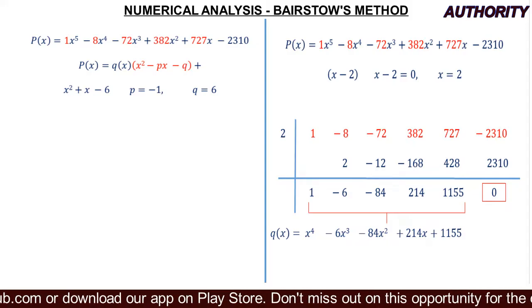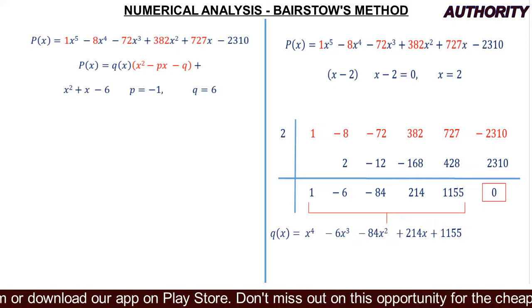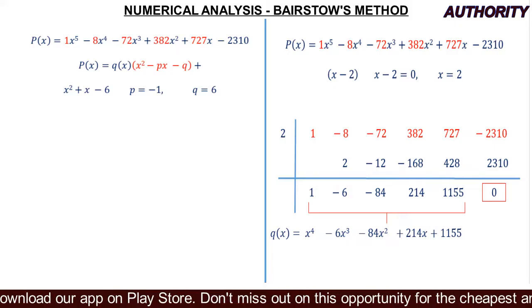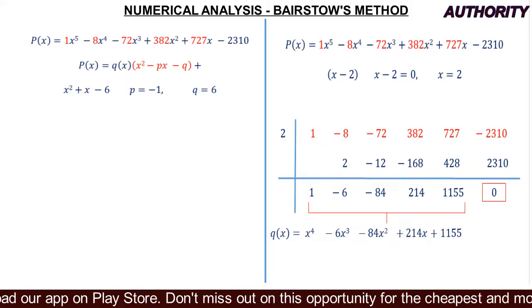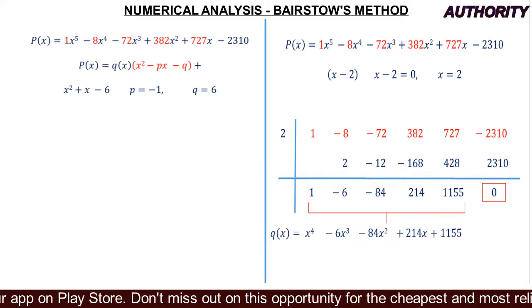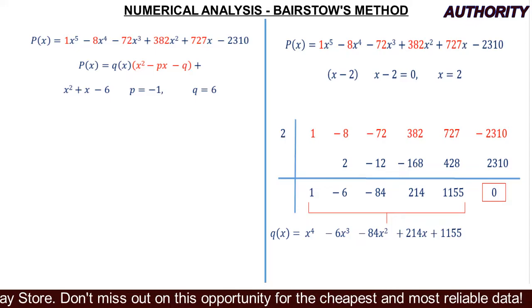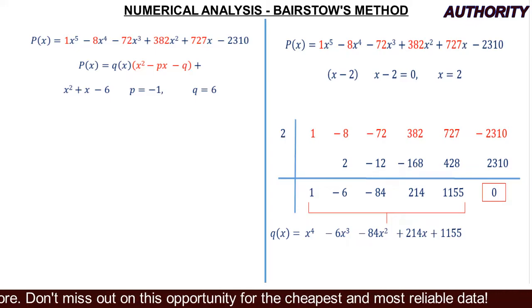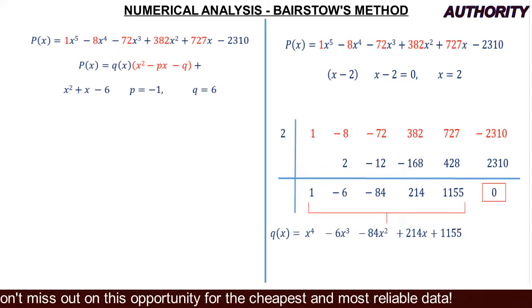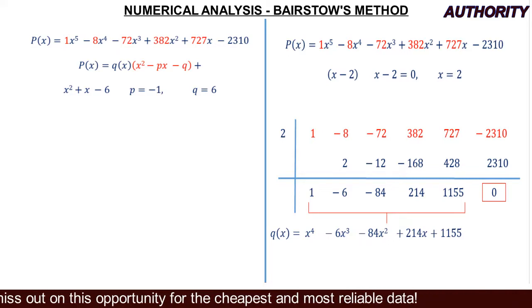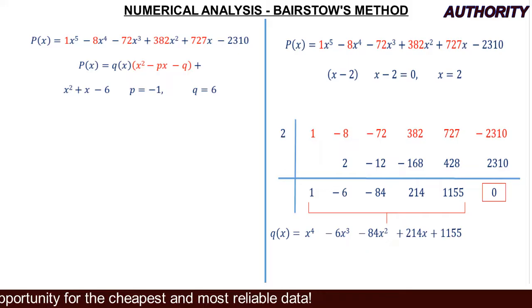Now, we can find what q of x is by saying p of x divided by the quadratic polynomial. Just look at it now. We have p of x equal to q of x multiplied by the quadratic polynomial. And if you want to find your quotient, which is your q of x, divide both sides by the quadratic polynomial. That means dividing both sides by the quadratic polynomial, we're going to have p of x